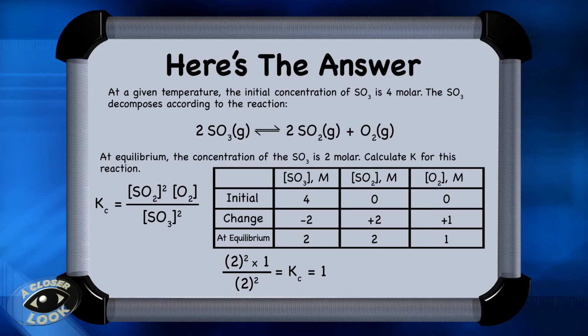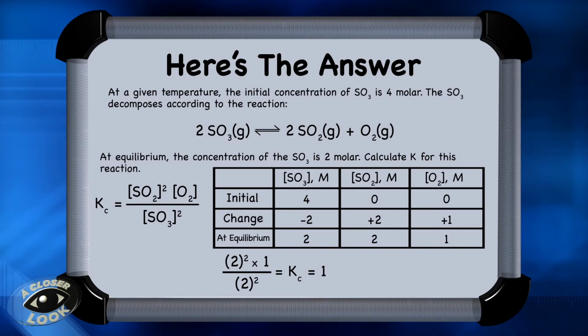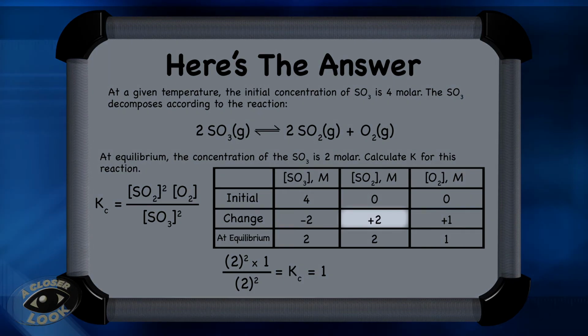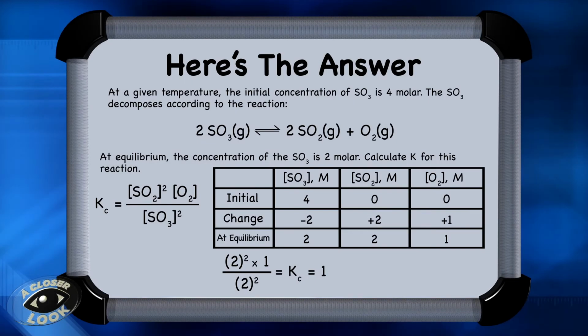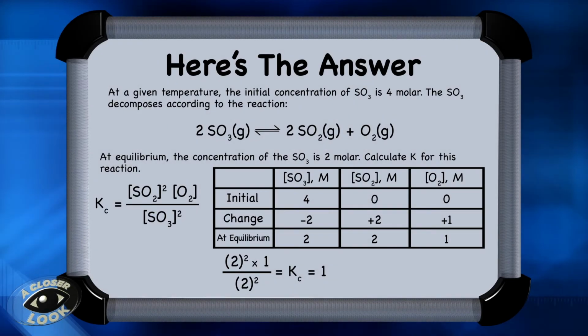And if we look back at the stoichiometry from the balanced equation, we see that the sulfur dioxide also has a 2. So that means that the sulfur dioxide was appearing at the same rate that the sulfur trioxide was disappearing, which is why we put a +2 for the sulfur dioxide. The oxygen has an understood 1 as a coefficient, which means it is appearing at half the rate that the sulfur trioxide is disappearing, which is why we put a +1 here for the change in the concentration of oxygen. And so now we have equilibrium concentrations for all 3 species,